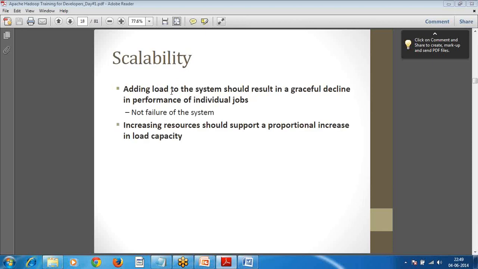Next point is scalability. Scalability is a very important factor when we talk about big data or Hadoop technology, because here we are not dealing with data in terms of megabytes or gigabytes. Here we are talking about data in terms of terabytes, petabytes, zettabytes, and even more. So suppose